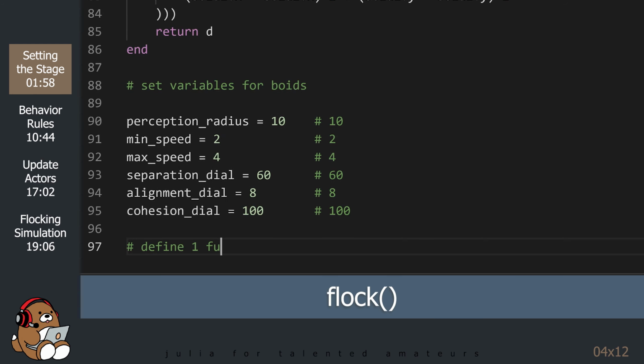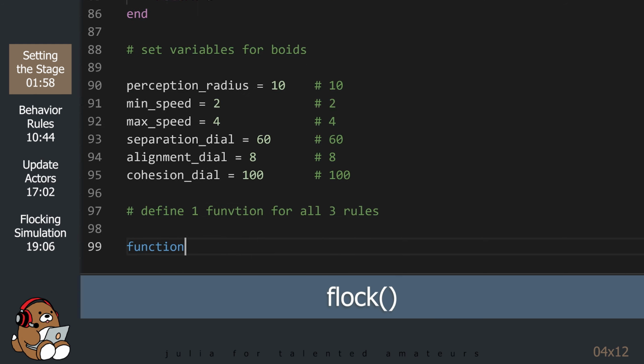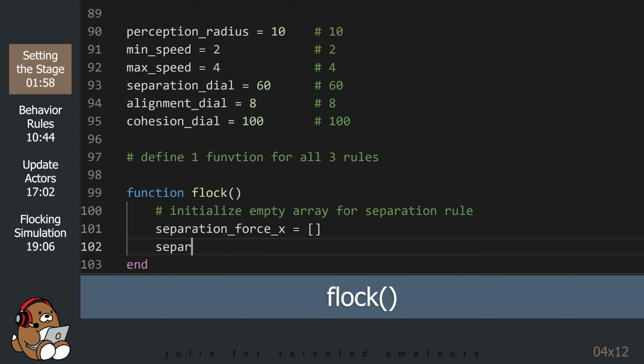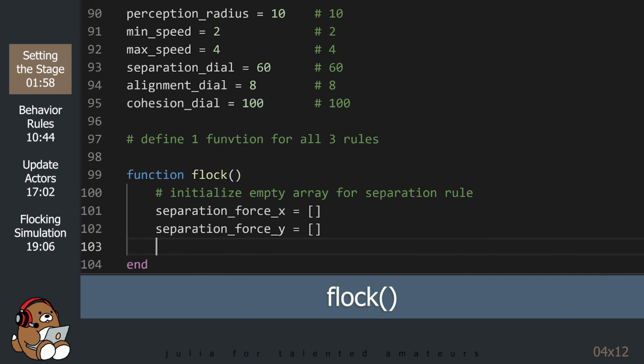We're going to create a single function that contains the logic for all three behaviors. This first part initializes the arrays that will be used by each of the rules.